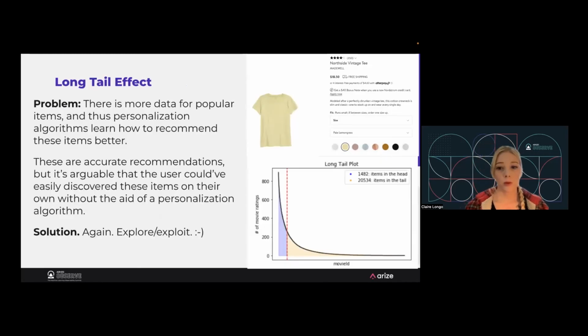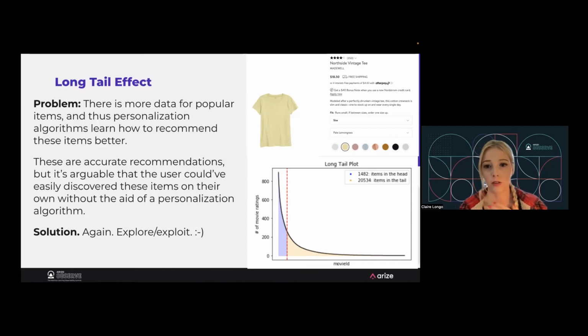And then the last challenge I want to talk about is the long tail effect. This one I got to see up close and personal. When I was working in e-commerce, I trained an algorithm that had this challenge, and I got to dig in and try to understand what was going on. Basically, when you think about a catalog of items you have to recommend, there are going to be popular items in that catalog and maybe not-so-popular items.